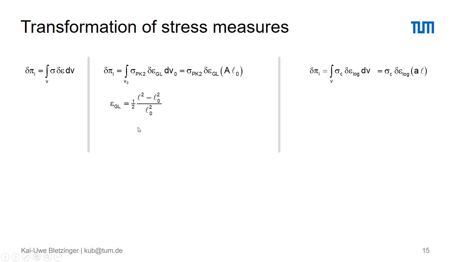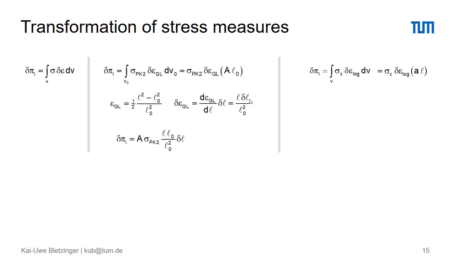Let's now substitute what we had found or defined for our strain measures. Here, the Green-Lagrange measure as introduced before. Then the virtual strain we can determine by the chain rule, looking at this value which might be varied. The initial length is a constant number which will be the same throughout the complete deformation history. So the deformed length is what is variable. Taking the derivative with respect to the deformed length, we receive 2 times L over L0 to the power 1/2, so the 2 just drops out.